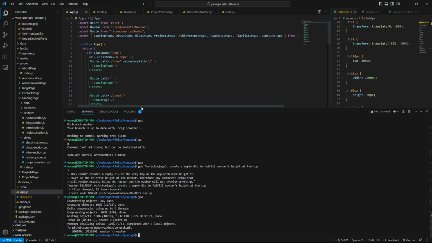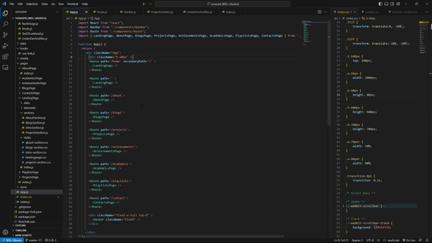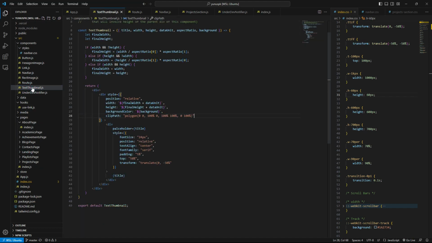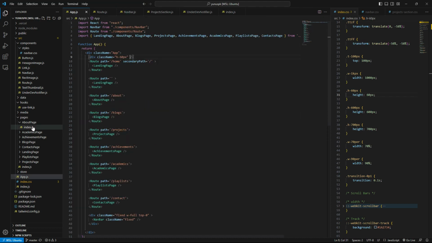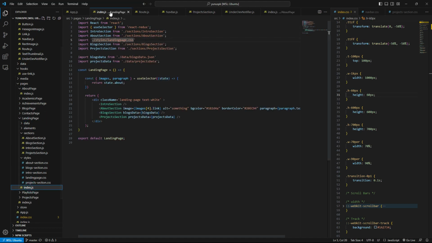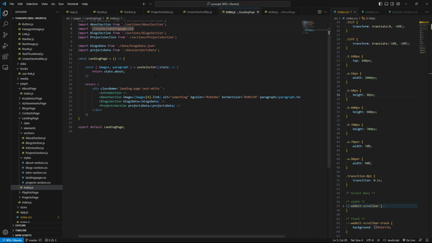Okay, now what we're gonna do is go to the landing page here. I go to the landing page index.js. Here we go, landing page index.js.